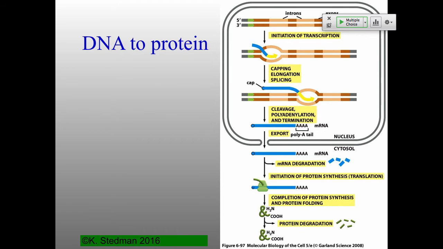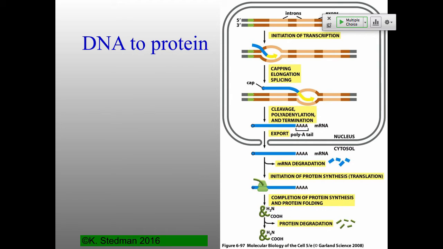So this is all that we have talked about basically so far. We had replication back up here, and then the last set of lectures looking at transcriptional regulation, where you have a promoter. The RNA polymerase makes a copy of the RNA, which has got introns and exons in it. Capping and splicing happens. While this is going on, you have polyadenylation, and polyadenylation, at least in eukaryotic cells, is very closely connected to transcriptional termination. We have export, messenger RNA degradation, translation, and as we talked about today, protein folding, and then in some cases,